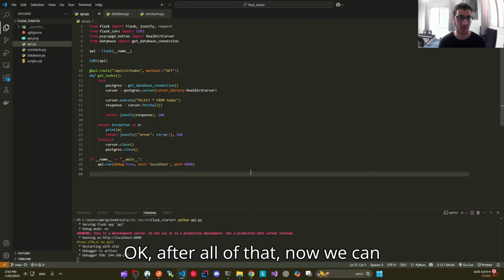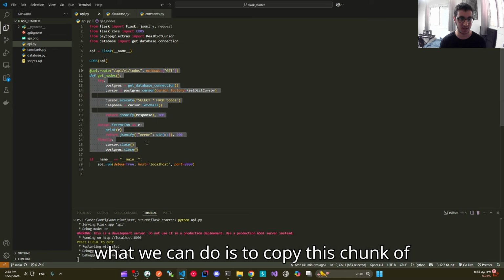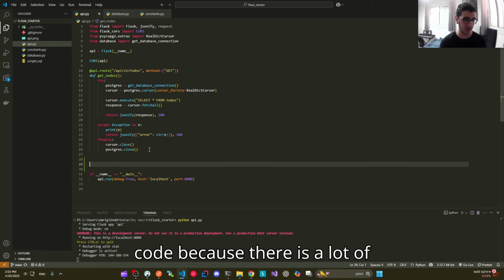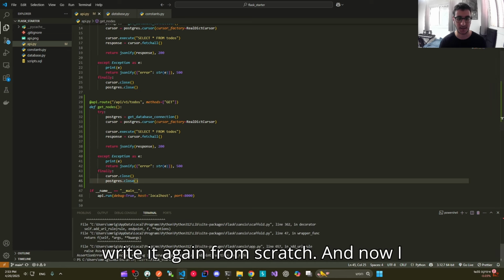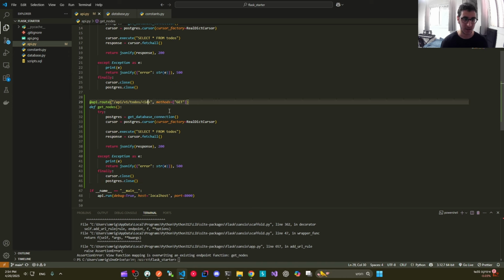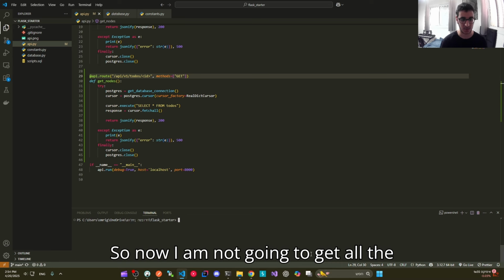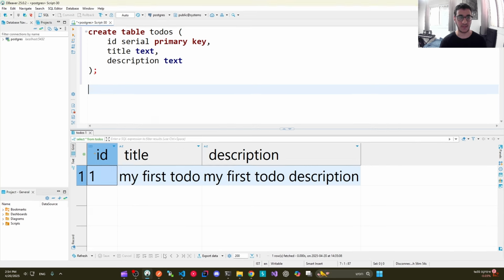Okay, after all of that, now we can continue with our API. Now we are going to make our second route. So what we can do is to copy this chunk of code, because there is a lot of repetitive code, so we don't have to write it again from scratch. And now I will change it to get a specific to-do. So now I am not going to get all the to-dos, I am going to get a specific to-do. First of all, I will